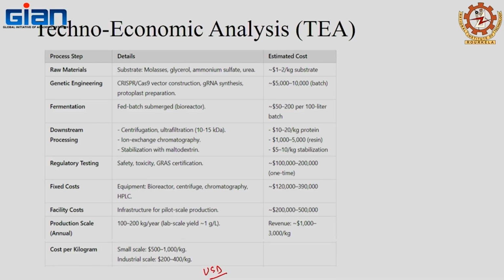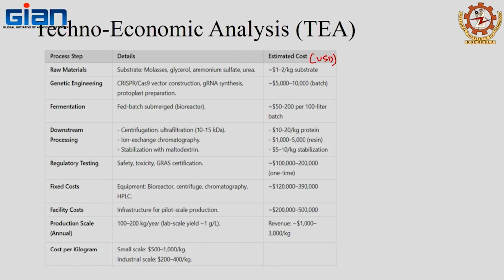For fermentation, we are expecting approximately 50 to 200 US dollars per 100 liter, and for downstream processing, like 10 to 20 US dollars per kilogram of protein. And for ion exchange chromatography, almost 1000 to 5000